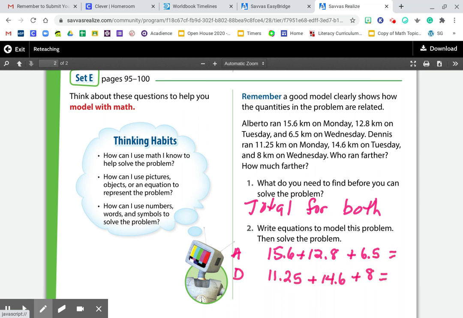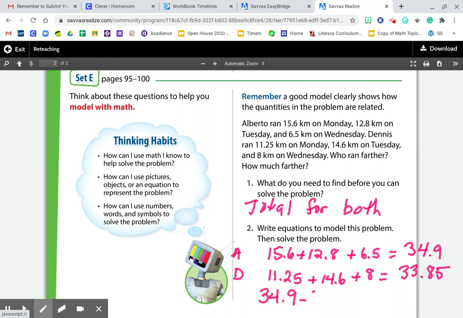That's called an equation. It's using numbers and symbols, and an operation in this case is addition. We add them all up. Add these all up. Do it on a piece of paper. Make sure you have everything all lined up. And then the last part is, to solve the problem, we're going to have to take Alberto